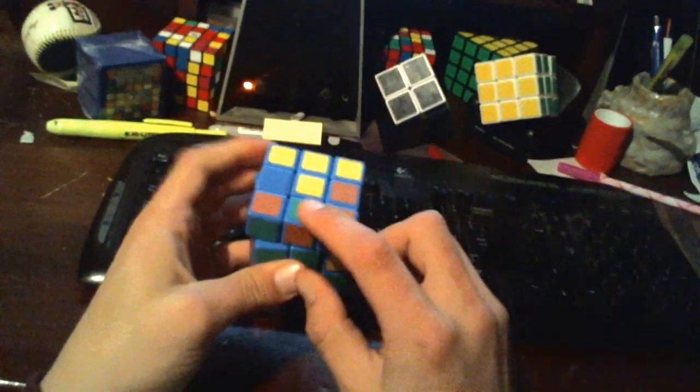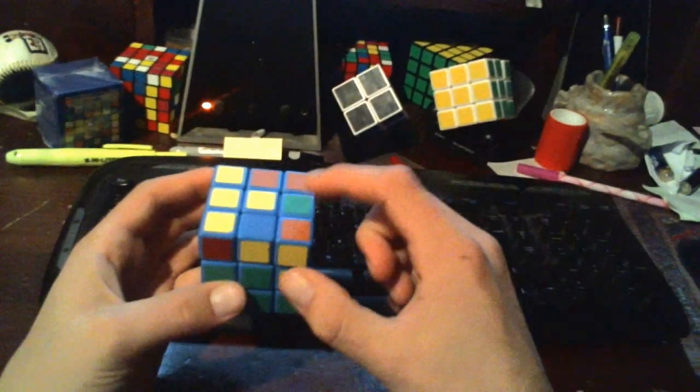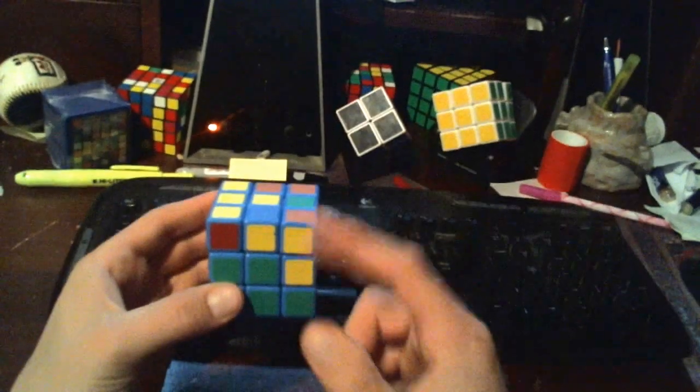Find another piece. Here we have our green and orange. We'll line that up so this side piece is lined up with the center piece of the same color. We have our extended T here. Very good. You notice the color on top is green, and our green side is here, so we'll bring it